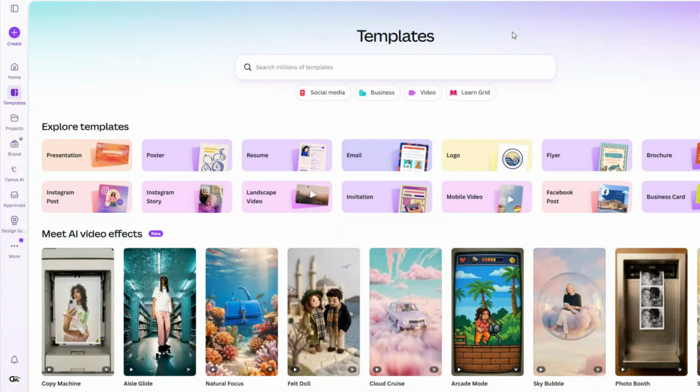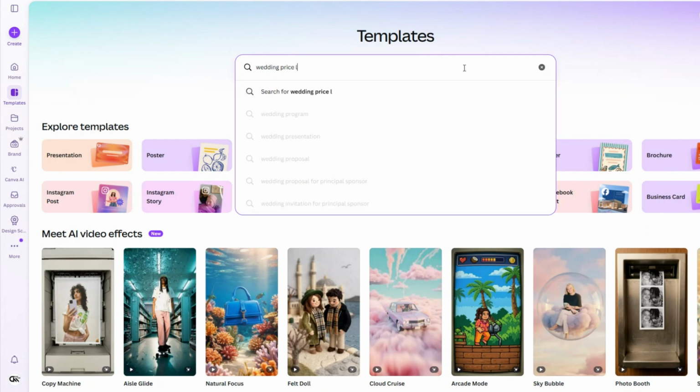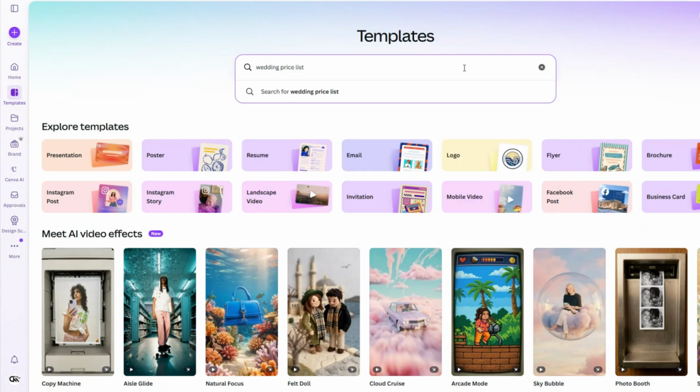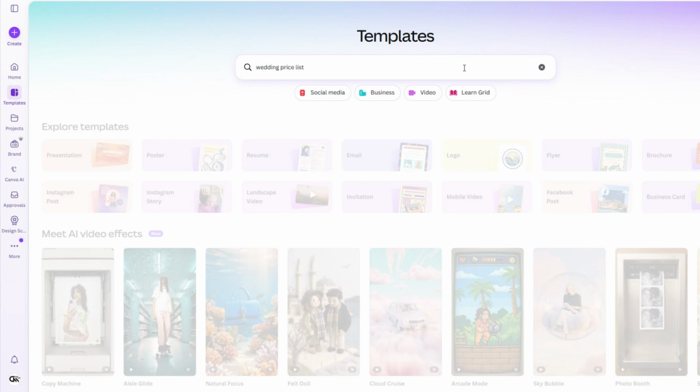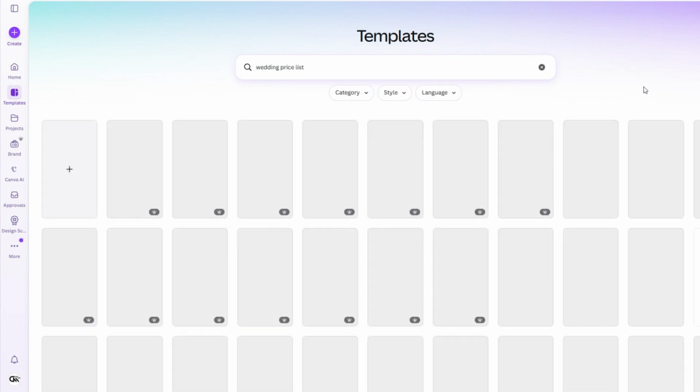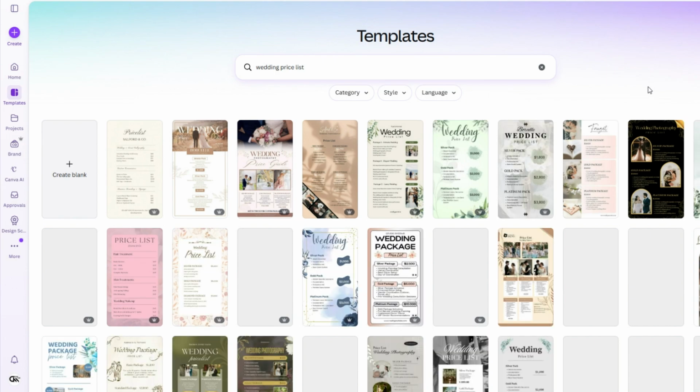In this video, I will be showing you how to create a wedding price list in Canva that looks like it was made by a professional designer. Let's get started. I'll begin on the Canva homepage by typing wedding price list into the search bar to browse the available templates. After scrolling through the options, I'll select this neutral modern layout and click on Customize this template